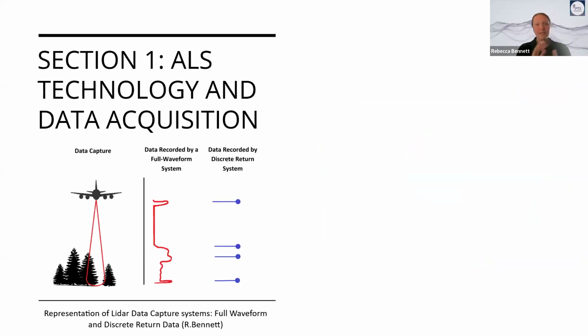So I'm going to run through very quickly, section by section, to give you some examples of the sort of things that are within those sections, so you've got an idea of what you might be looking for and how to dive through the data.